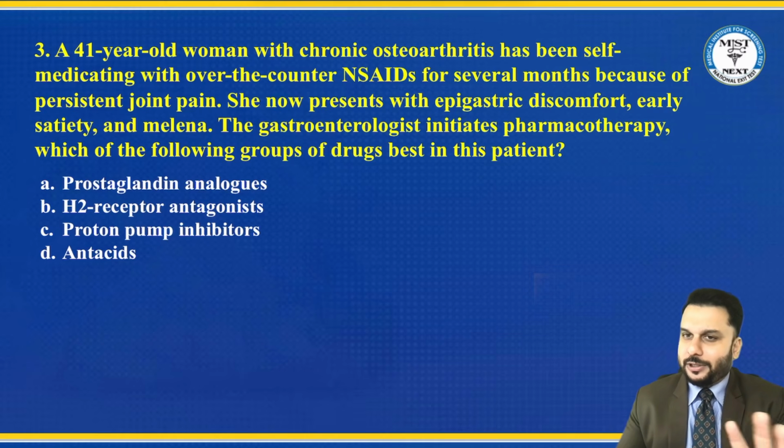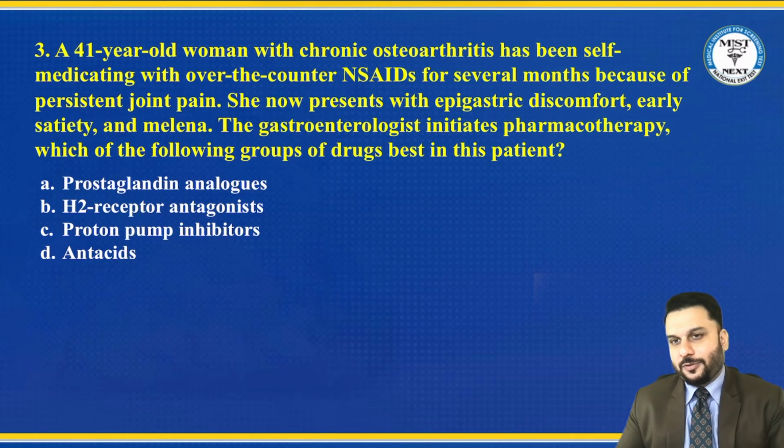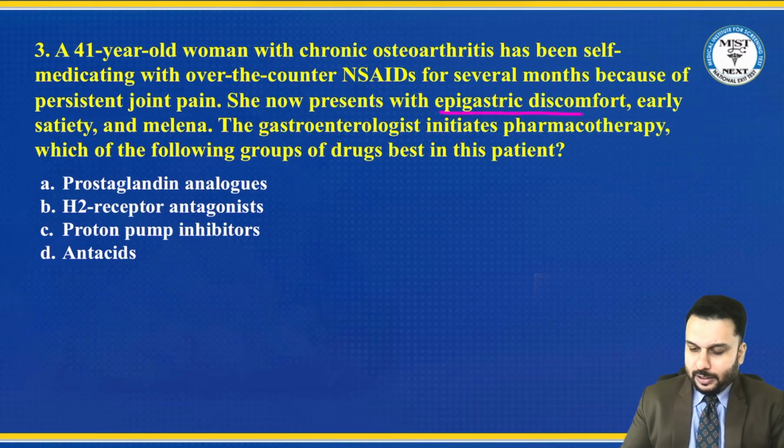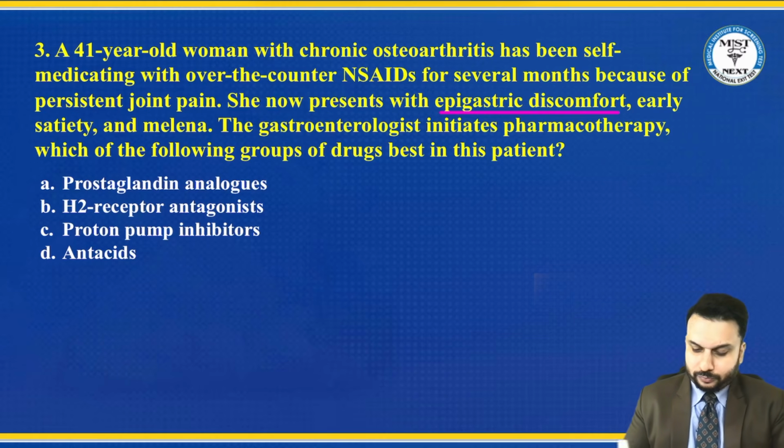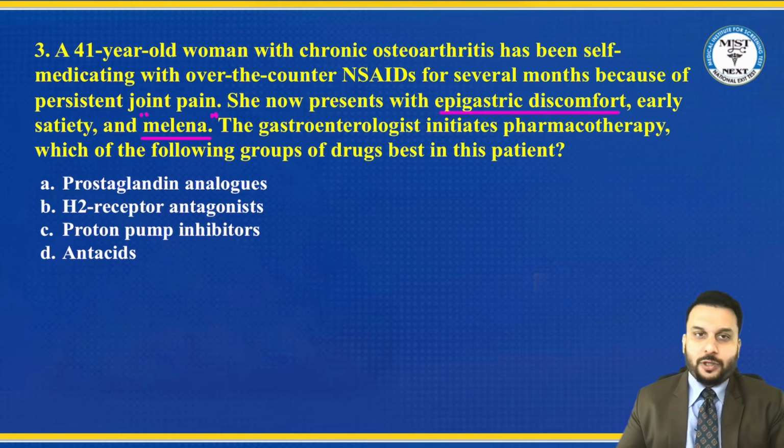So they're simply saying that the patient had some pain. For pain, we take the drugs called NSAIDs, anti-inflammatory drugs. Now, you must remember that if you take NSAIDs for a while, there is a risk of something called NSAID-induced ulcer, peptic ulcer, right? So the diagnosis is right here, abdominal discomfort is happening, etc. And melena, that is dark stools, probably the ulcer must have ruptured and it's leading to internal bleeding. So we are simply saying that this is an NSAID-induced ulcer.